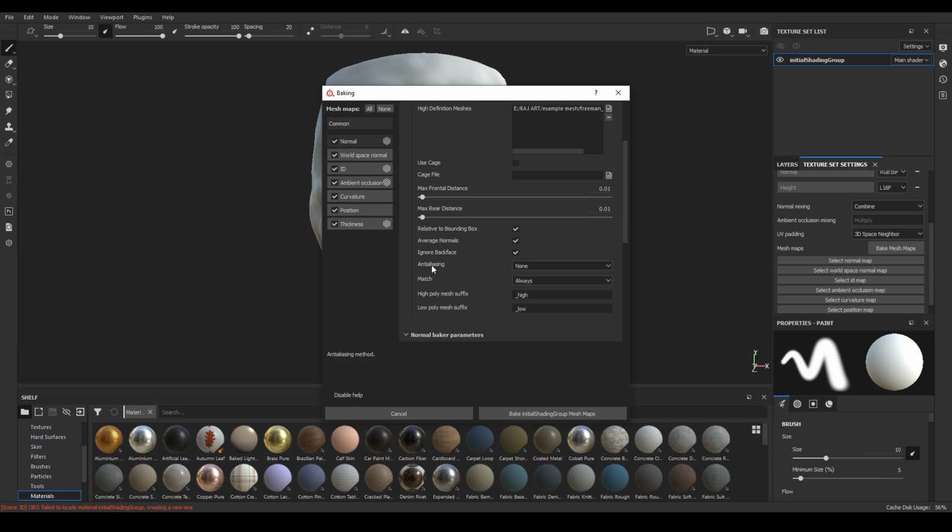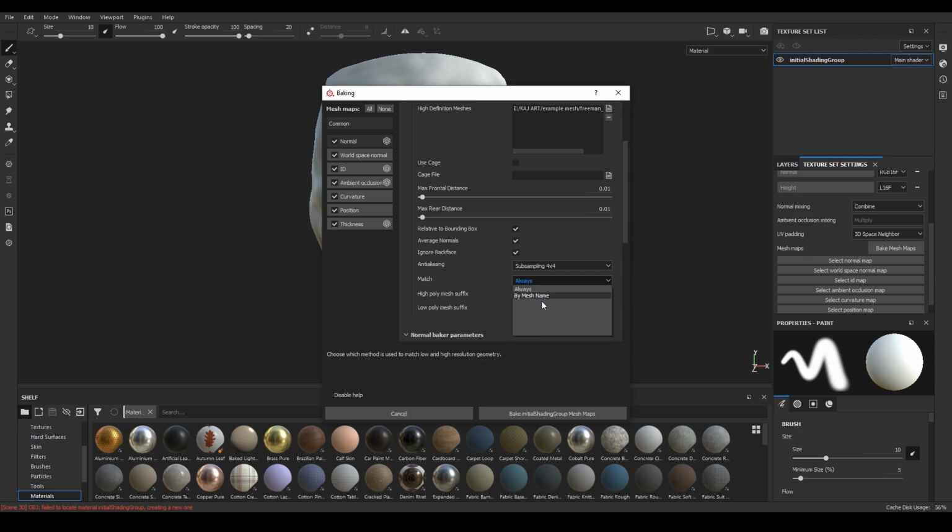So if you do have artifacts, you can adjust these. And where it says anti-aliasing, typically you're going to want to do 4x4. I could do 8x8 since my computer can handle it, but 9 times out of 10 you're going to do 4x4. And where it says match, if you have more than one mesh, you're going to be doing by name,